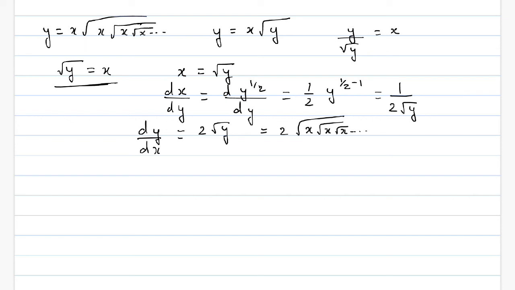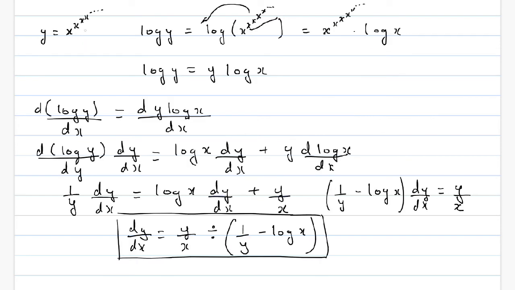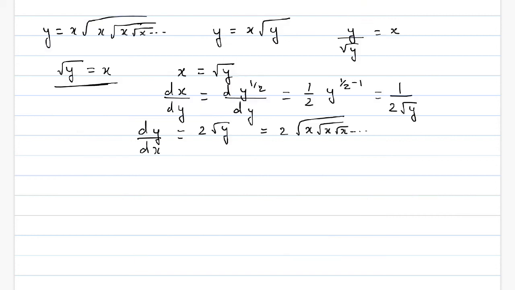We substitute our y. In the previous questions, you might say we substituted all of these values as our y, and then we solved it. Similarly, here we would have got y is equal to x raised to y, and then you can solve it. You can take log on both sides and solve it. Similarly, in this one, we are assuming all of these values are also giving us y, and we make this equation and we